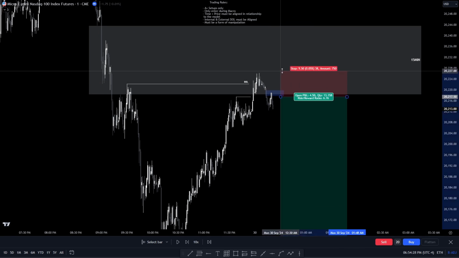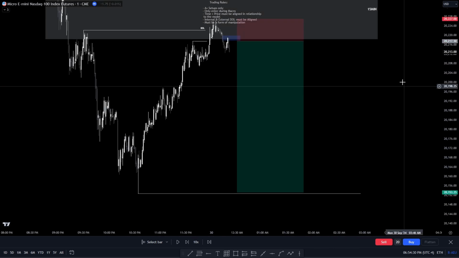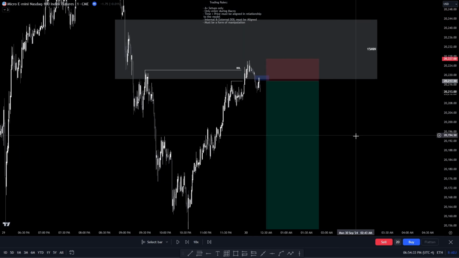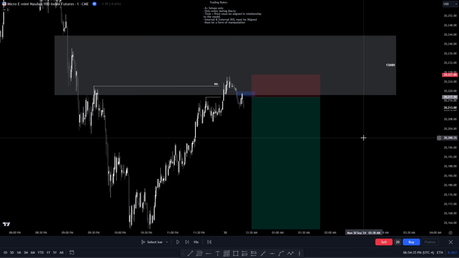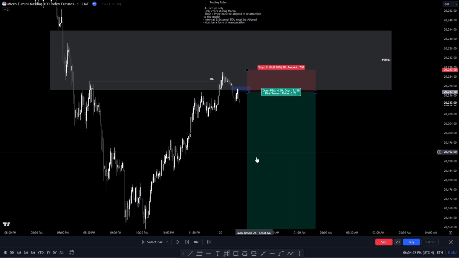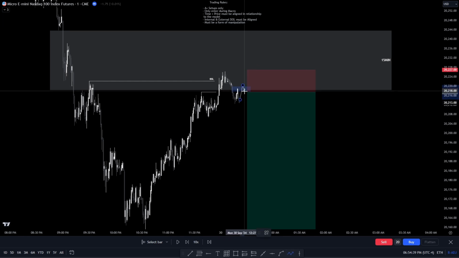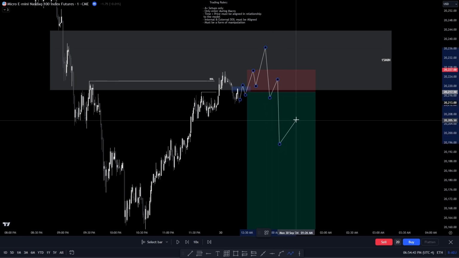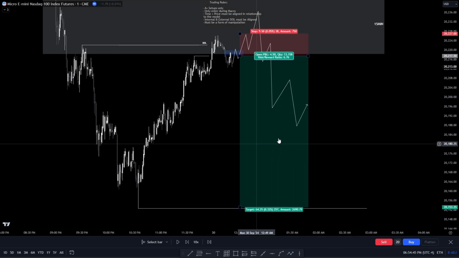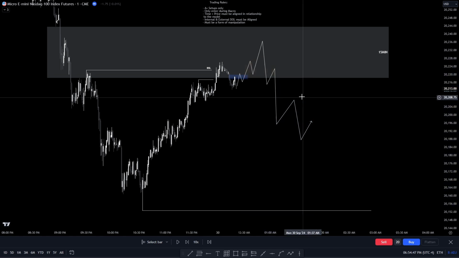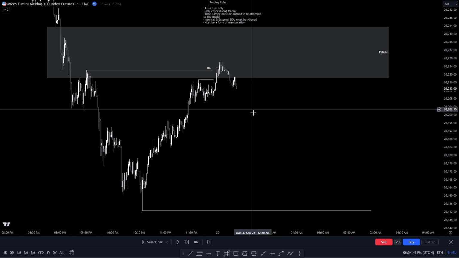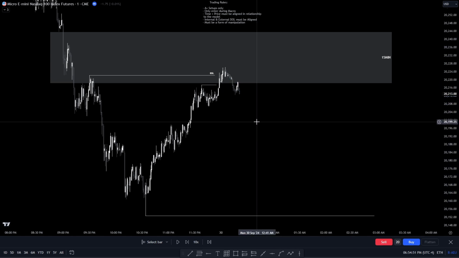Yeah, okay, 1 to 6 RR, but it's almost like a gamble at that point, because price could easily just manipulate, then come down and go to sell side liquidity. That's why being patient is important,